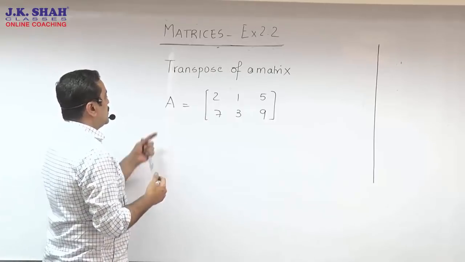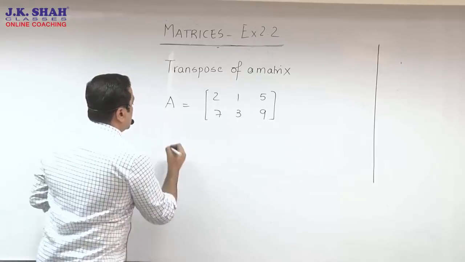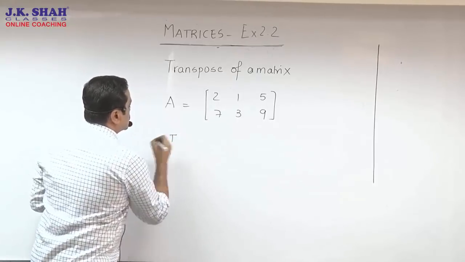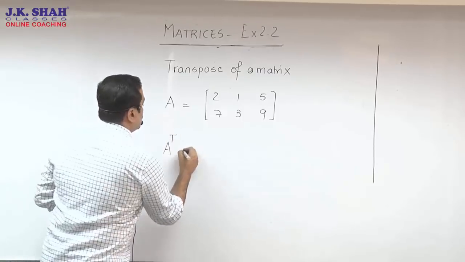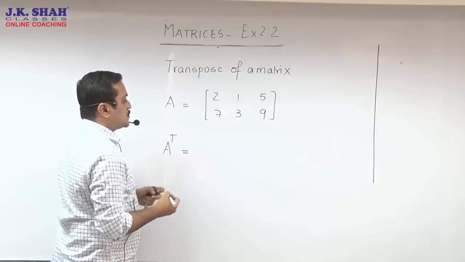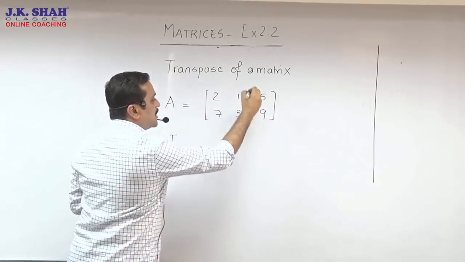Now before I move to my next two questions, we just need to see what a transpose of a matrix is. Let us say I give you a matrix A which is of the size 2 into 3. I need to write the A transpose of this. So we write A raised to T. It's read as A transpose. Now what do you mean by transpose, or what do you do in transpose? You just need to change your row 1 to column 1. The row 2 will become column 2.